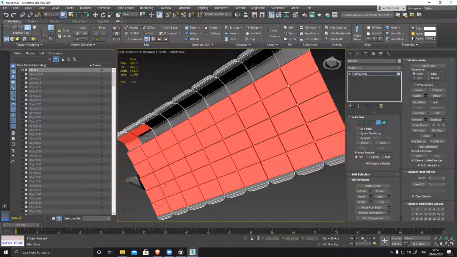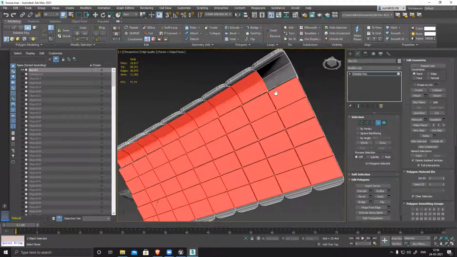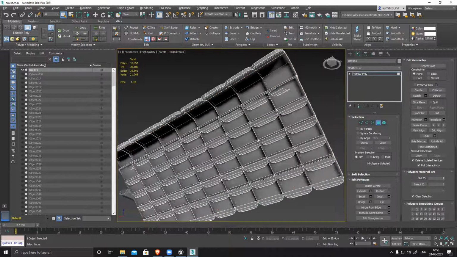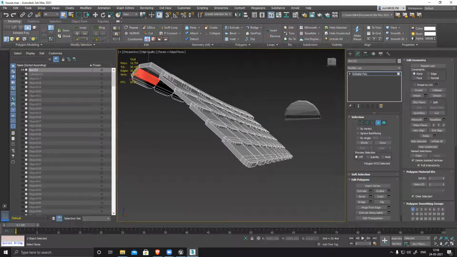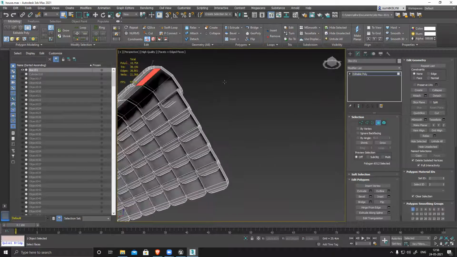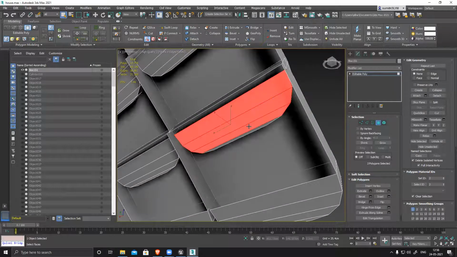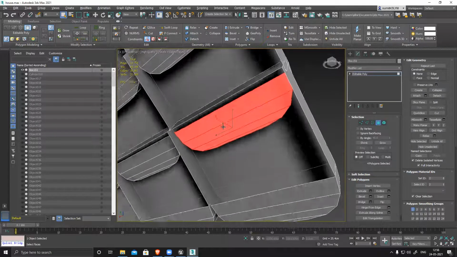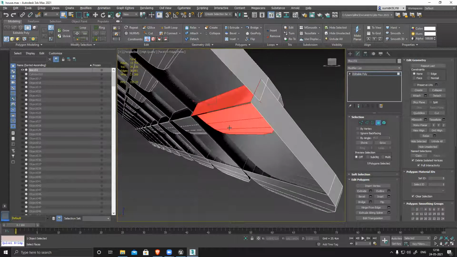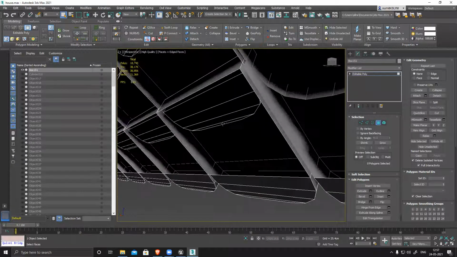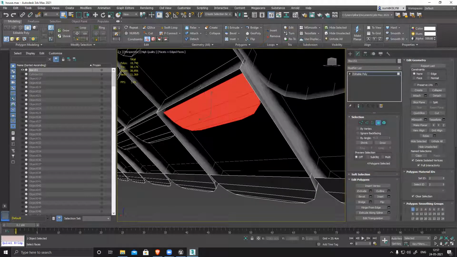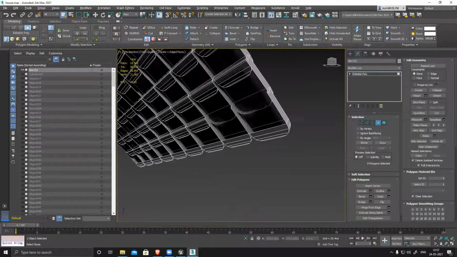Because all this inside hidden area takes a lot of polygons, and that will make your system heavy, file heavy, and cause a lot of problems. So keeping your file optimized is very important. And you can see all these sections inside are not visible. So now if I want, I can delete those two, and this thickness also is not visible, delete. So like this, you have to plan everything properly. If there is anything unwanted, unnecessary, make sure you delete it.